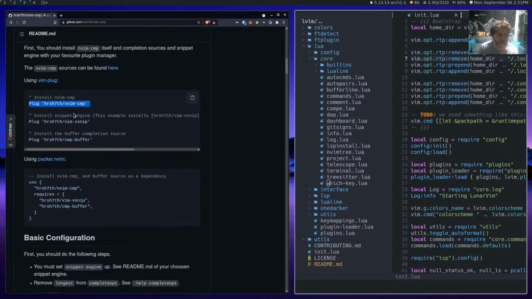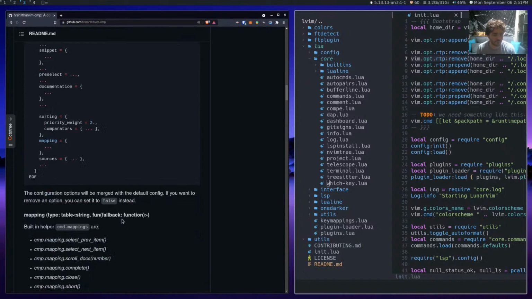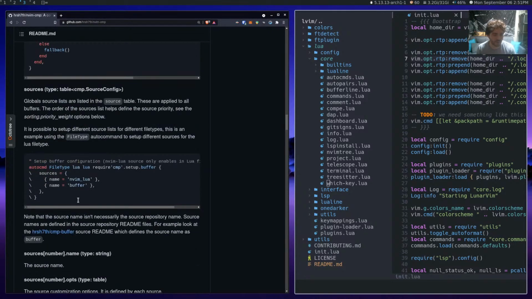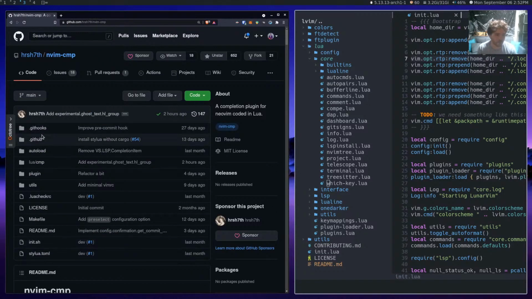Like you have the CMP, obviously, then you have vsnip, but then you have CMP buffer, which is like install the buffer completion source. So is everything that's a separate thing like a source? You know what I mean? I think this was also in Compe, but there's these sources. I guess they're built-in sources. So where are the sources, right?